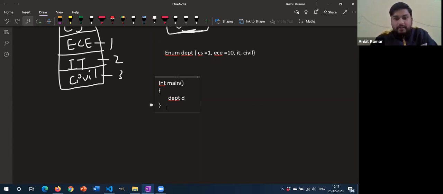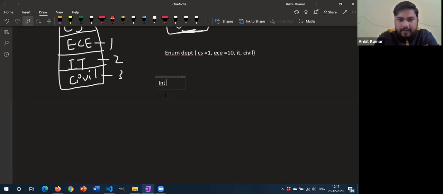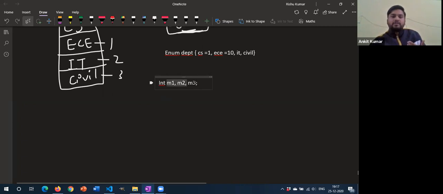So similarly, we have another thing which is typedef. Now, what is that typedef? When we start writing programs, we beginners, as I just told you, should make variables self-explanatory. If I'm using a variable to store roll numbers, I should use a variable roll number, so that when someone reads it, they will directly get to know this is used to store the roll numbers. But most of the time in a hurry, we use a, b, c, d, e, something like that. Or let's say I'm using variables m1, m2, m3, but I know that these were used for marks.